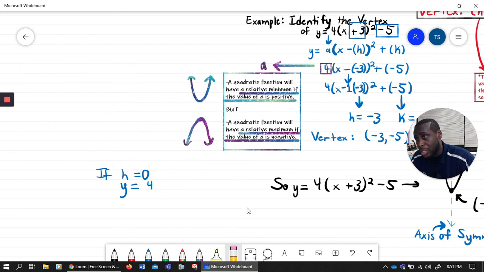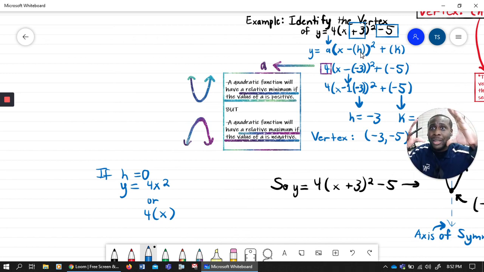All right, so guys, if h is actually 0, then it's going to wind up being written without parentheses, or at least it's an option as far as whether or not you're going to write it with parentheses or without parentheses. But again, if h is 0, there's not going to be any number inside the parentheses with x that is being squared. So if there's nothing here that's being added or subtracted to x that's also being squared, if there's nothing there,